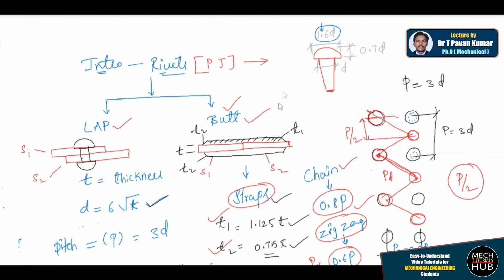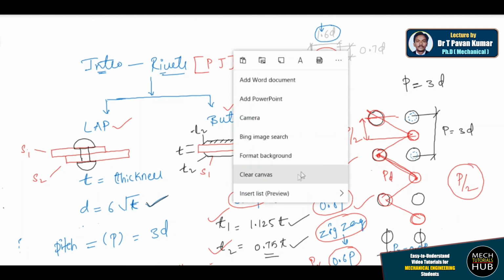Other than this, let me take a new clean window and explain a few more things that you need to remember. A few dimensions you should consider: 1.5d. This is called the distance. You come across this distance in many conditions. What are the conditions where you come across this 1.5d distance?